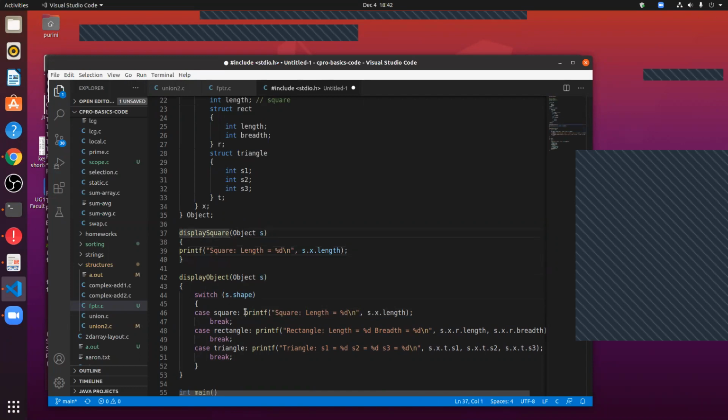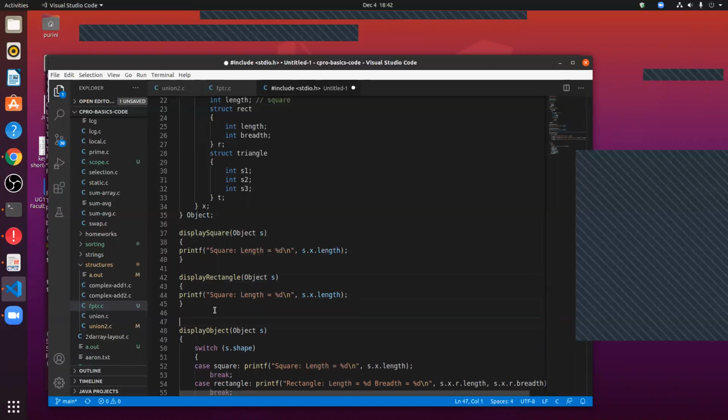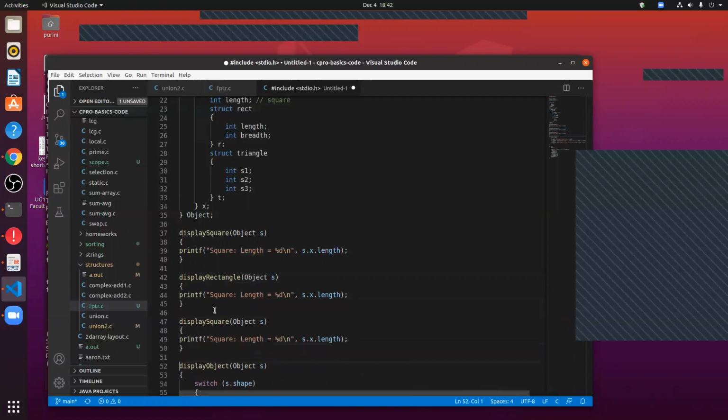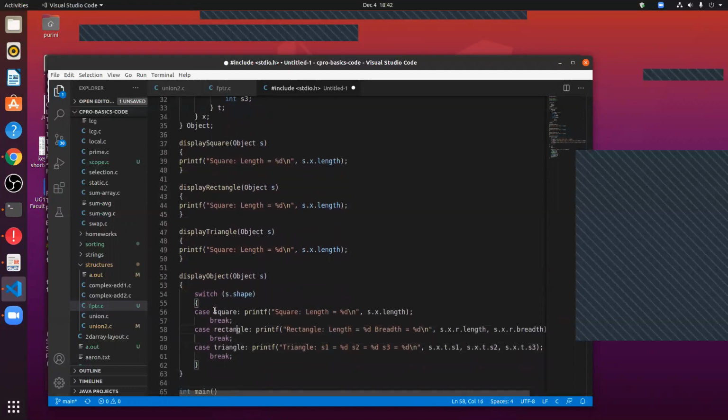Similarly, if someone tells me that the object is a rectangle, then I'll do display rectangle. And similarly, if I have display triangle, so we are writing a series of code which makes things more and more